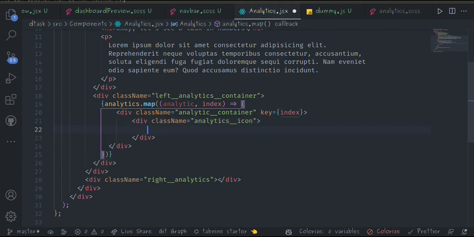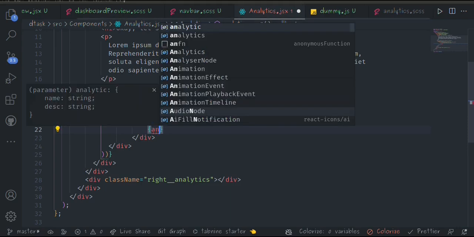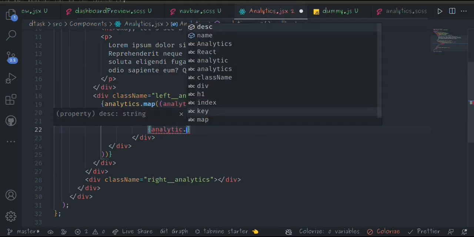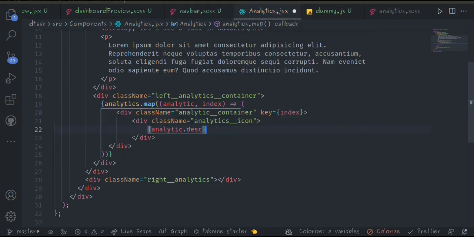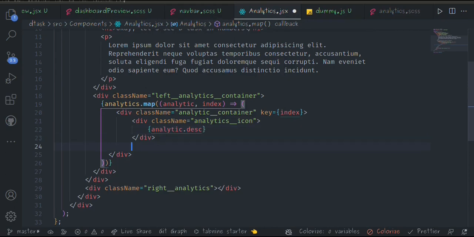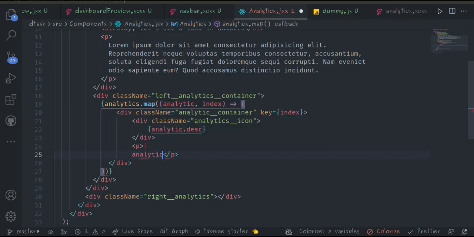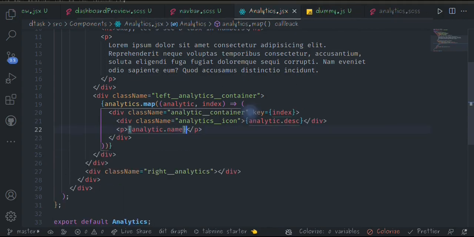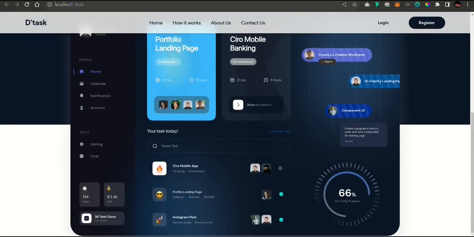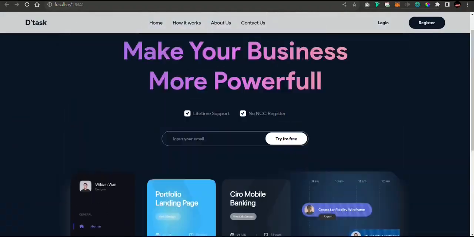And here is going to be analytic.description, just like that. Then beneath it I'm going to have my paragraph that is going to have my analytic.name, like this. Then if I save it and I go back to my website, yes, you can see it